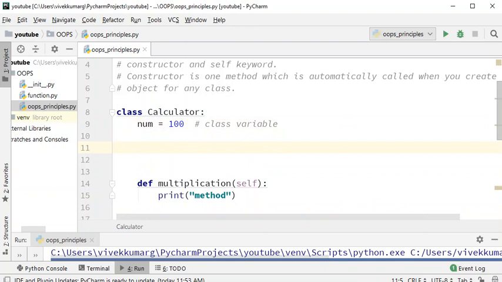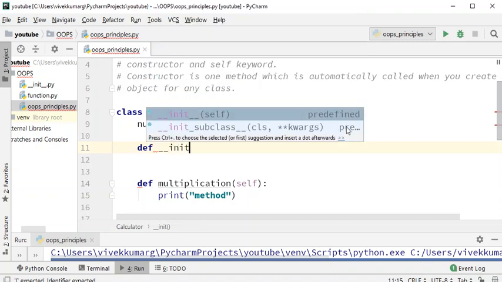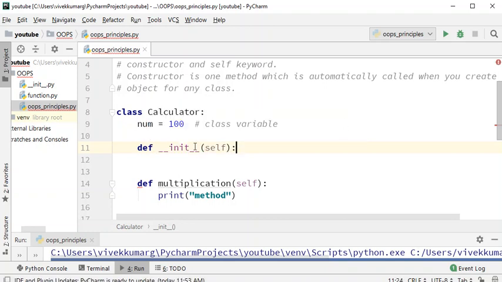No differences. You must know that the identifier to define a method is def. But the syntax for the constructor is a little different from that of your usual method and function. Always remember in Python, you define a constructor with two underscores, this keyword in it, and again two underscores, and self will be attached by default, which we will talk about. This is how the default constructor looks, and this is how you need to define the constructor.